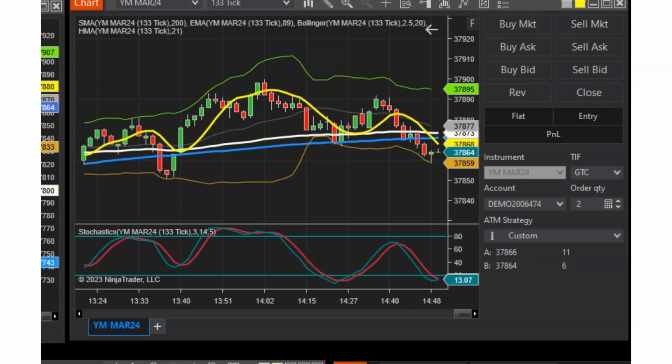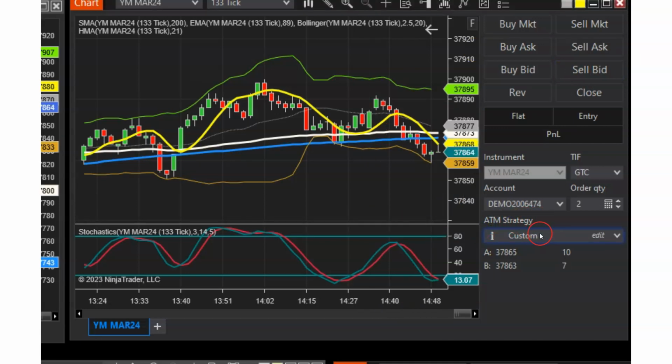In this video, we're going to set up automated trade management. So every time you go into a trade, it automatically sets up a stop loss for you to keep you safe, and so that it automatically moves your stop to break even after a certain amount of pips or ticks. So what we're going to do here is go to ATM strategy at the bottom right